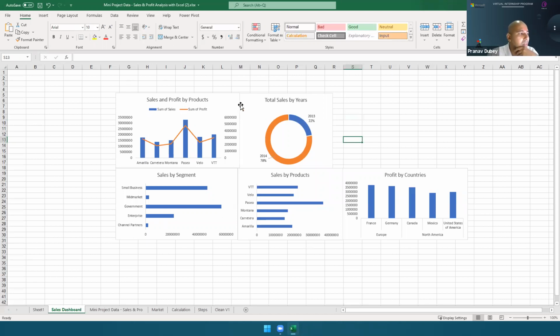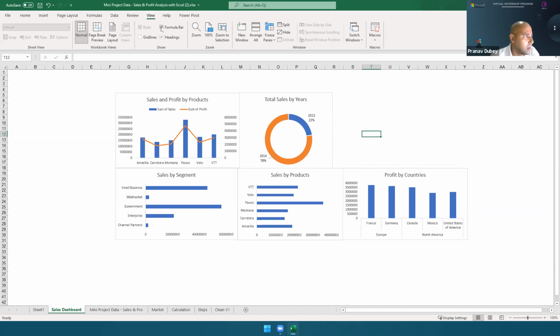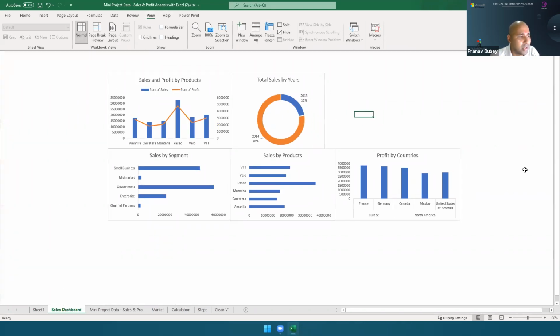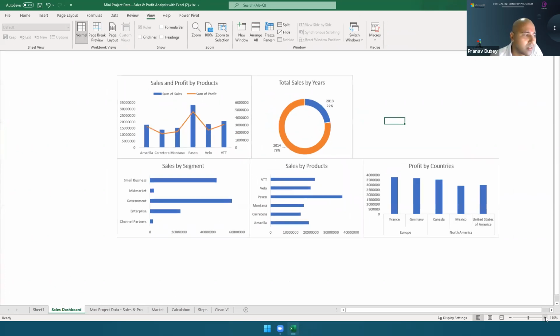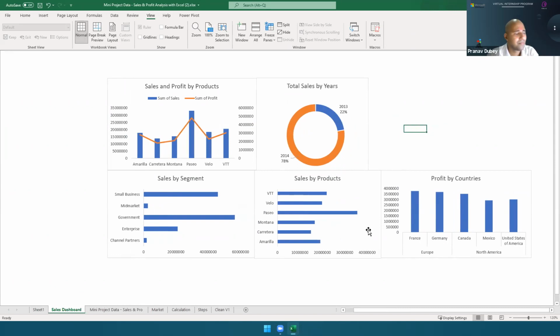Okay, once our charts are ready, so this is called a dashboard. On a dashboard we can have one or more charts. Okay, now one important concept is slicer. Now first I will remove the grid lines. So from view we can remove the grid lines, we can remove our formula bar, headings, everything can be removed so that we have our visuals neat and clean.